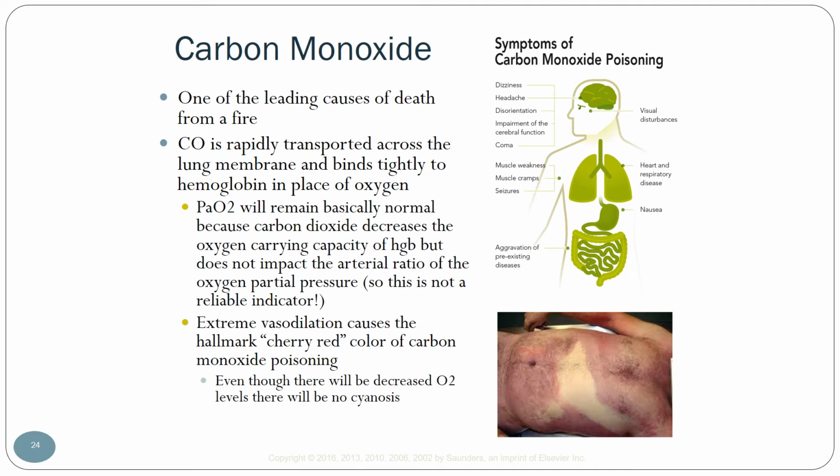In other words, your pulse ox is going to lie to you. If you do ABGs, it's going to lie to you because oxygen saturation might be decreased a little bit, but not significantly. But all the while, they have a very high